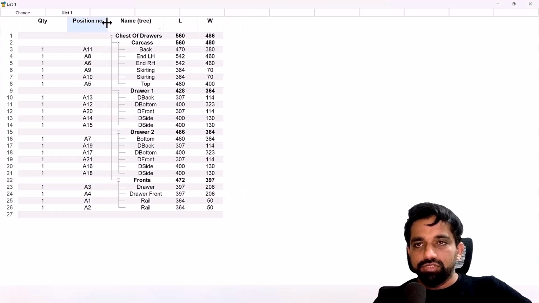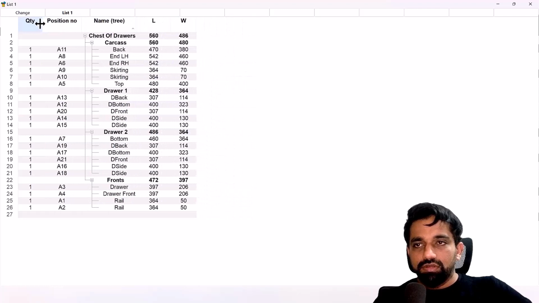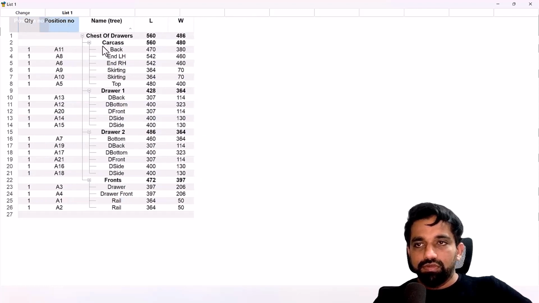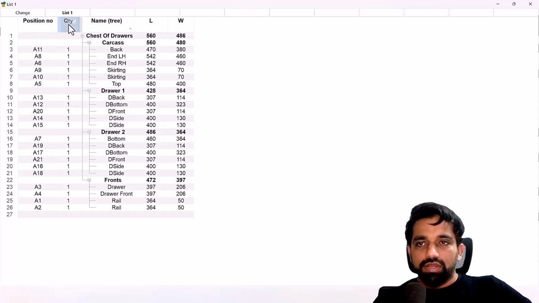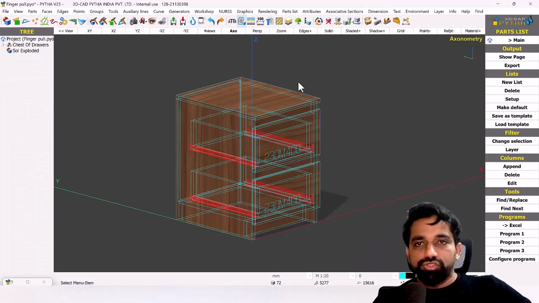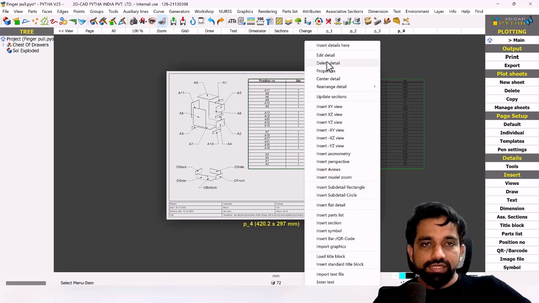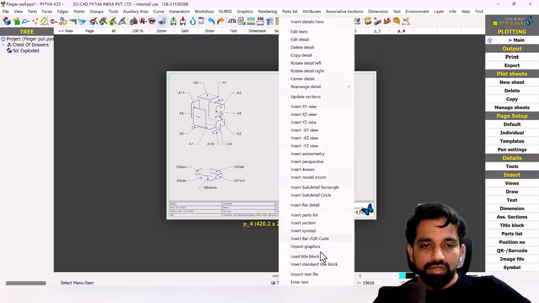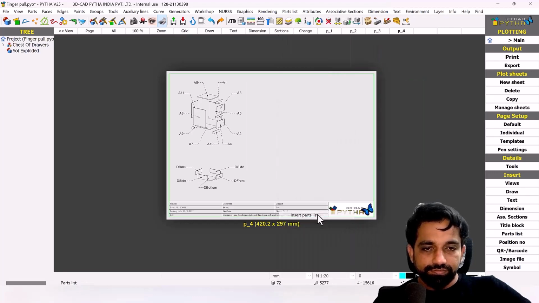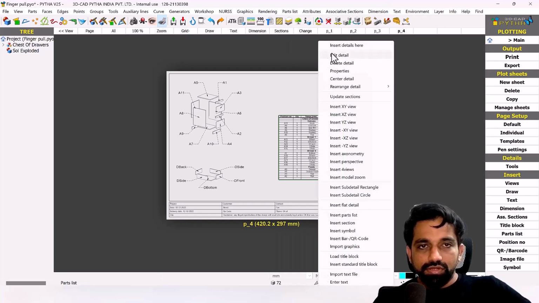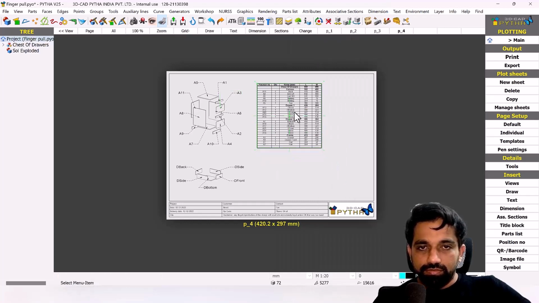Also the position number and the quantity, and I just change the sequence of the columns as well. So now I can delete this and I say insert parts list. This looks much better. Okay,